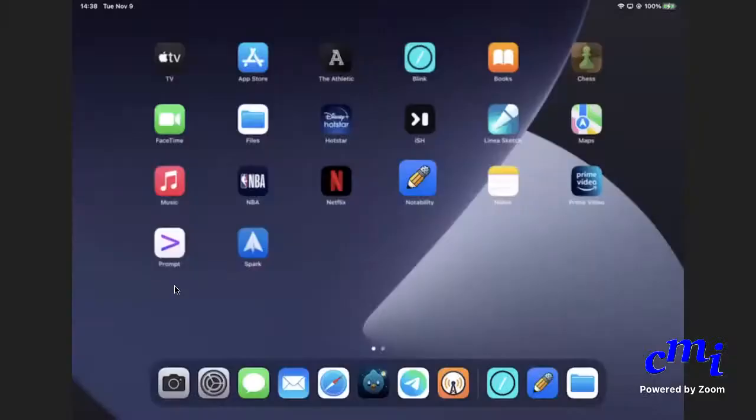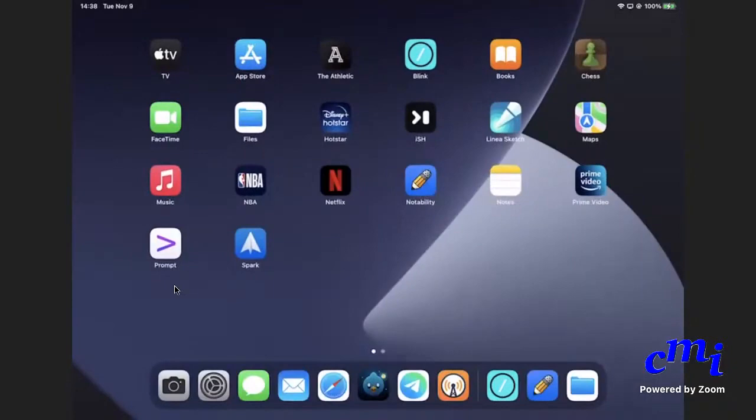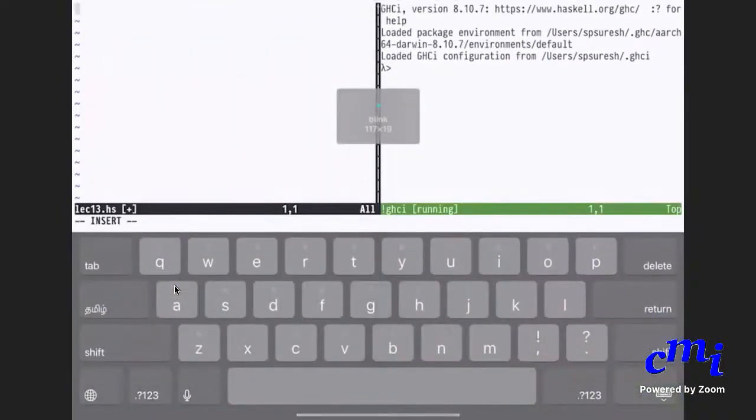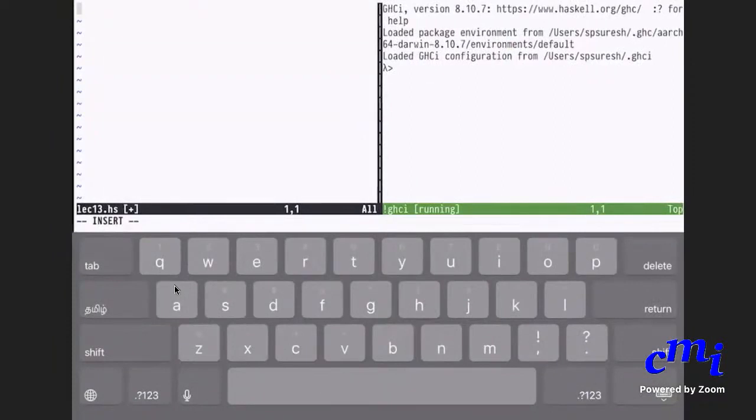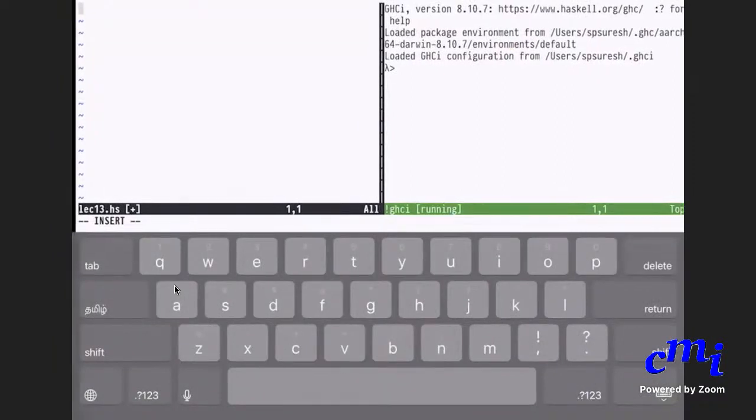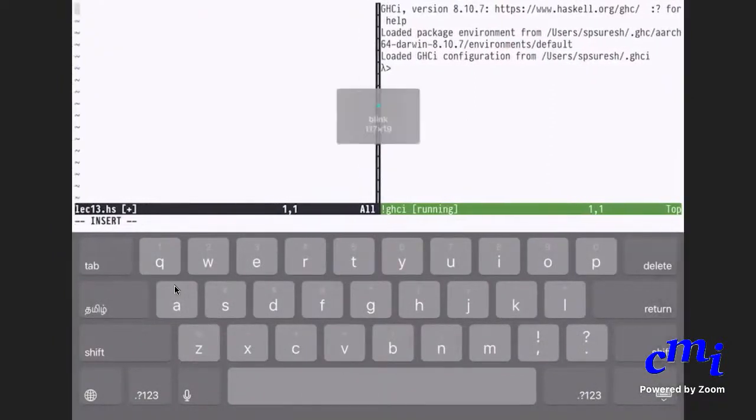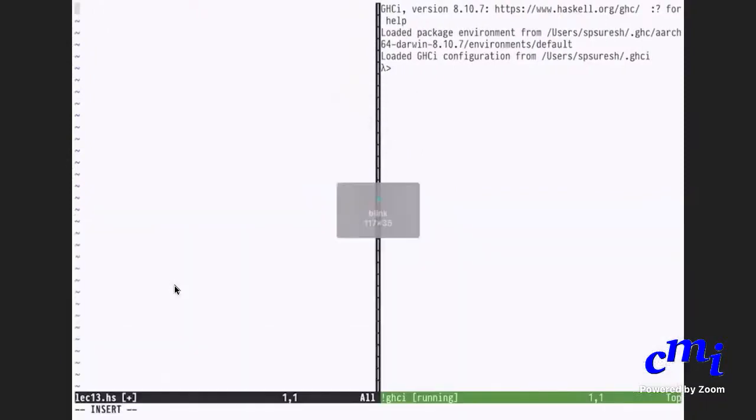So we can actually try to check now that I am connected. Let us just try GHCI, nothing much more fancy than that. Let's see how much the difference between fold L and fold L prime will be.